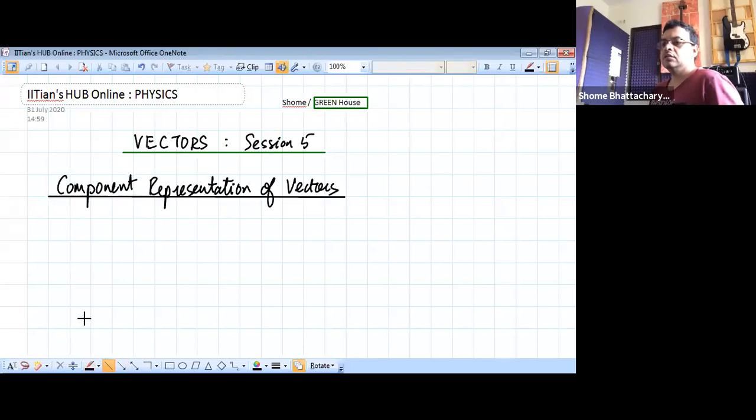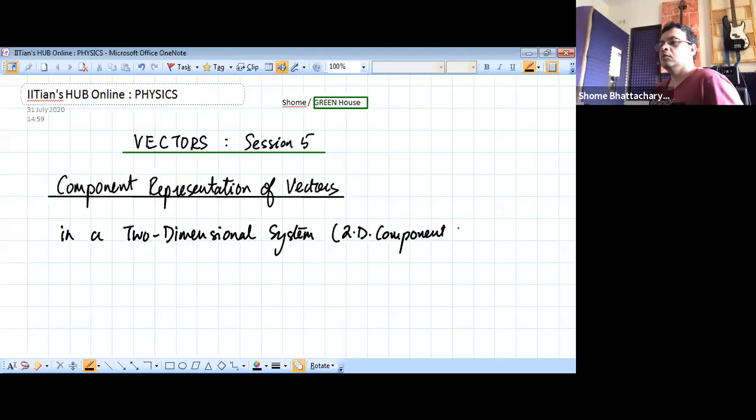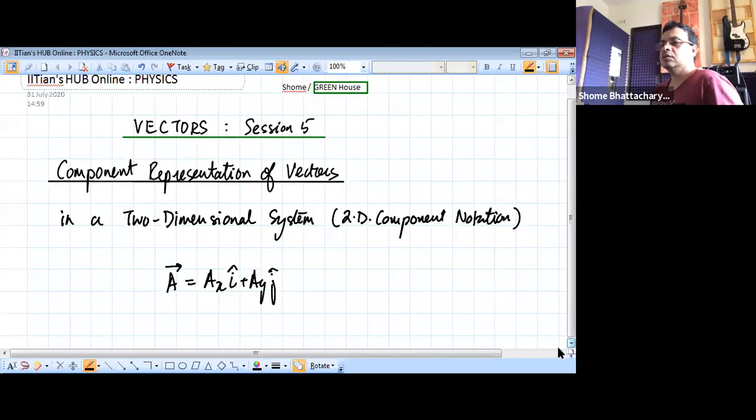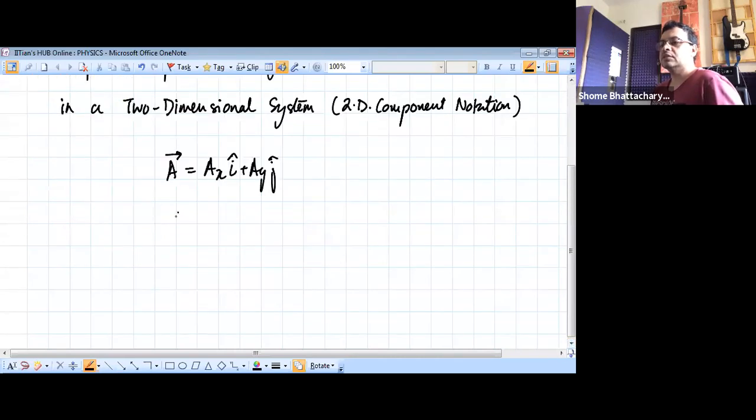So we saw that in a two-dimensional system, a vector is notated or represented in the form of an equation like this, where we saw that Ex and Ey are scalar quantities, but i cap and j cap are what are called unit vectors. So i cap was the unit vector